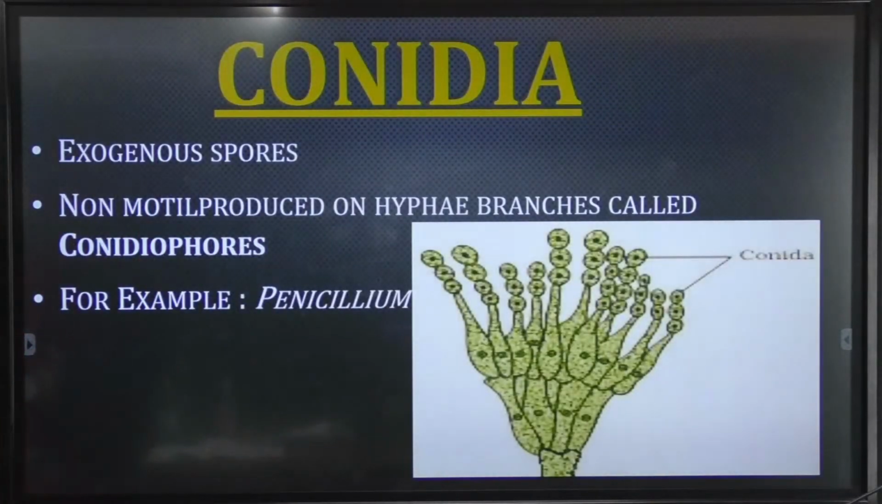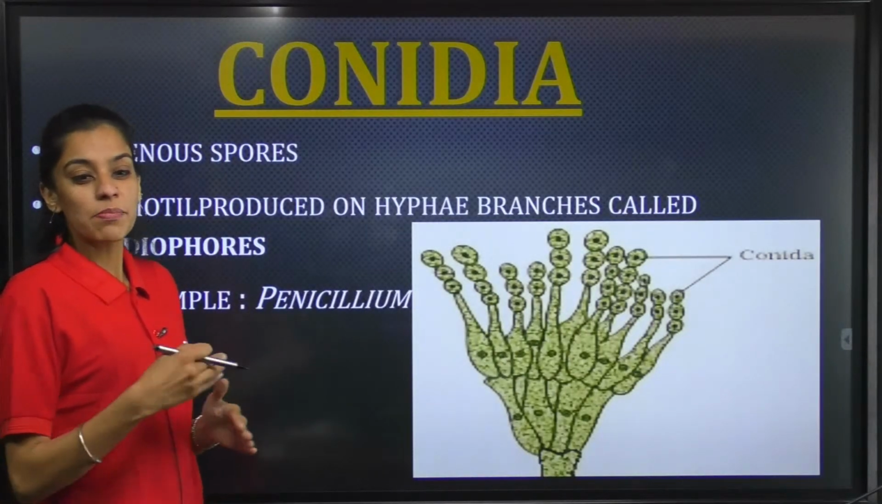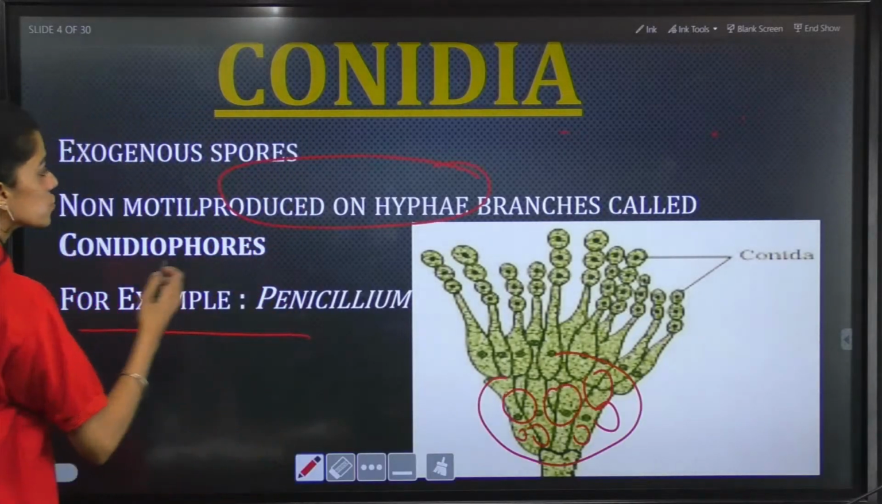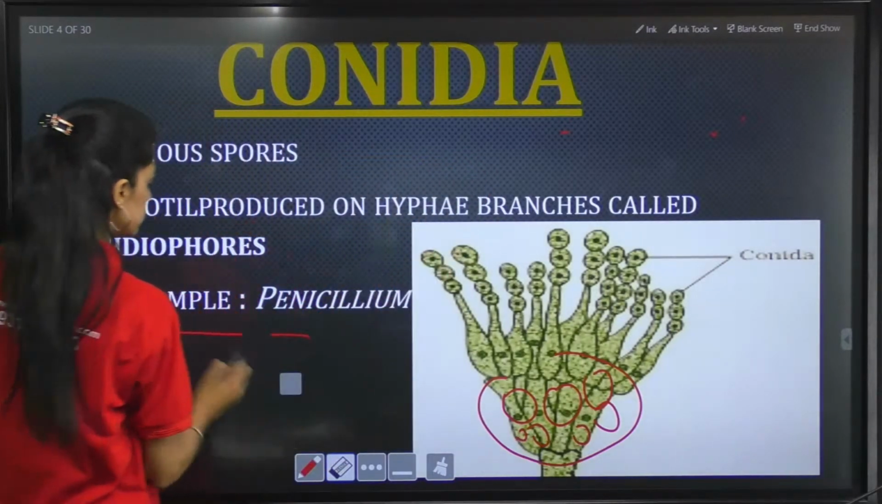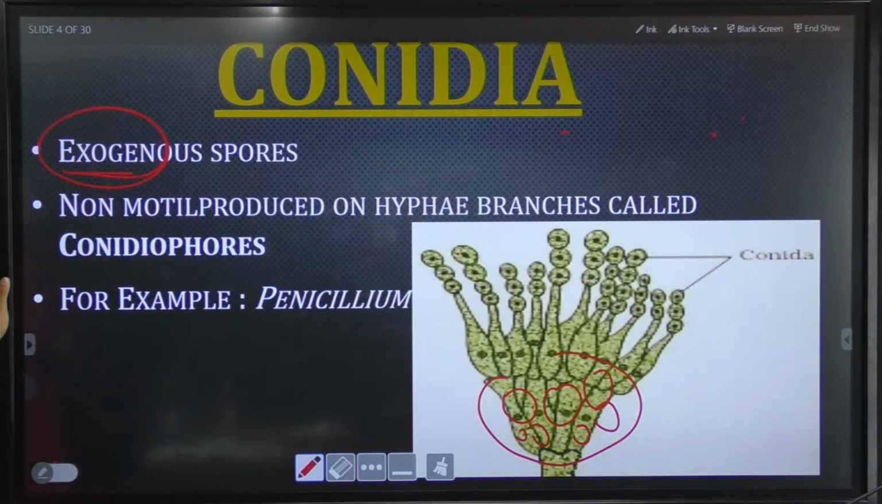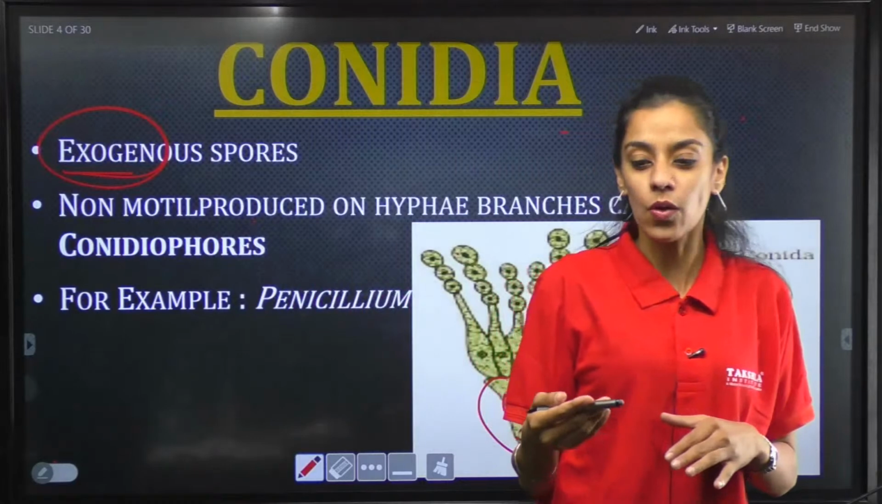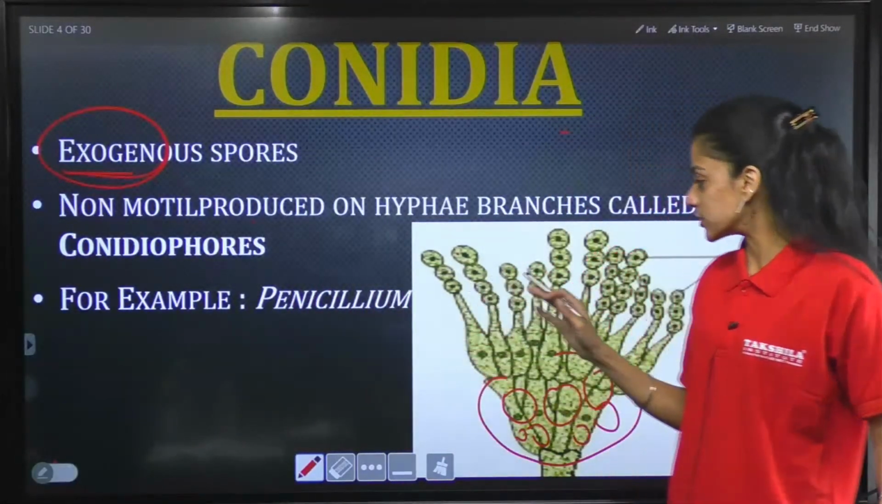Conidia. Right. So that is Conidia. The only difference between Conidia and zoospores is, again, depending upon the position in which they are present, that is exogenous. Right. So they are exogenous, that means they will be developed outside the body of the organism, right? These spores will be developed outside the body of the organism. If you could see here,